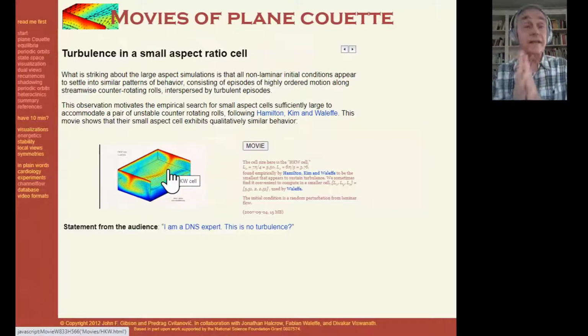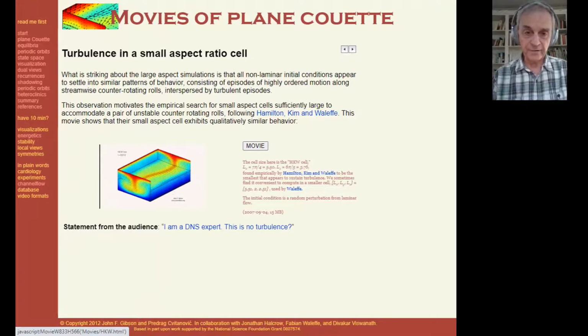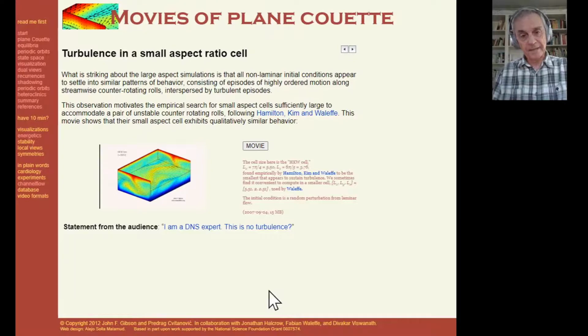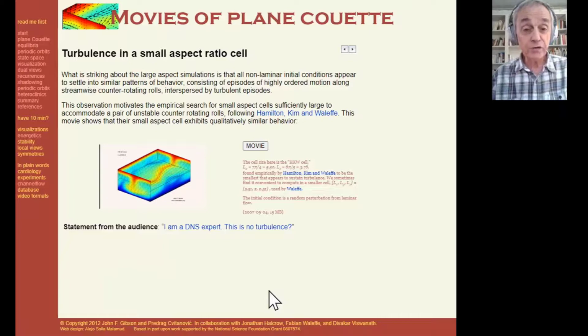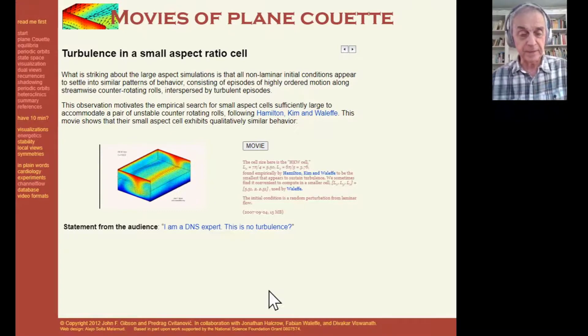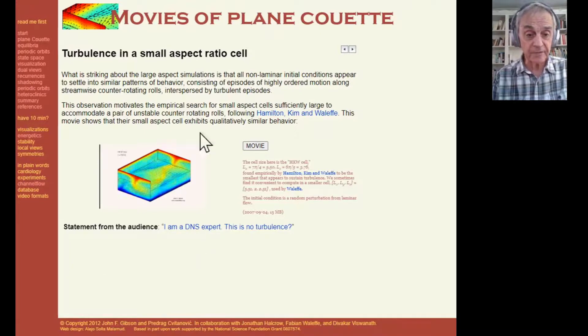So what people do, and that's very empirical and not rigorous at all, is they have their nice codes that simulate Navier-Stokes equations, and they make the streamwise direction as short as possible and the spanwise direction as narrow as possible, but not so short and small that everything dies. So they play with parameters, geometrical parameters of the system, until they find a system that seems to capture the main things you've seen in a large simulation, which is